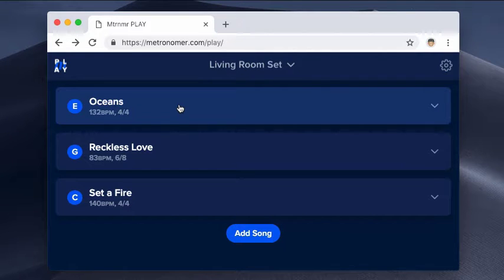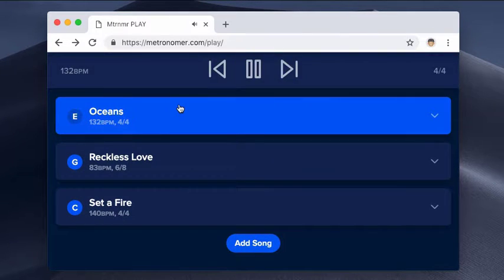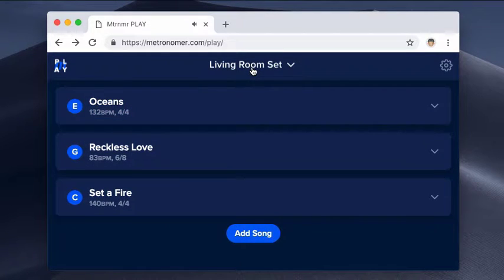And so if I start a click, here the click starts right away, but the pad fades in over the course of 4 seconds. You notice the other thing that'll happen is when I hit stop is that the pad doesn't end immediately, but it actually begins a 4-second trail out there as well. Now this is so that there's not a harsh start and stop with it, and in addition, if you're flipping between multiple songs,